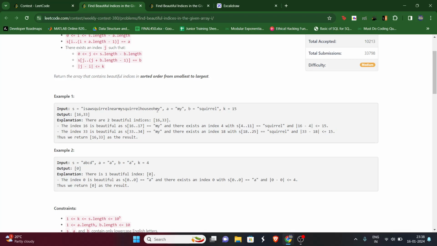So this will also result in, or if you select the ith index of this, the index of this m, that will also be a beautiful index. Okay, now how can we solve this problem? A brute force approach, what can be the brute force approach? We can simply go and check, taking out each substring of length a, whether that substring is